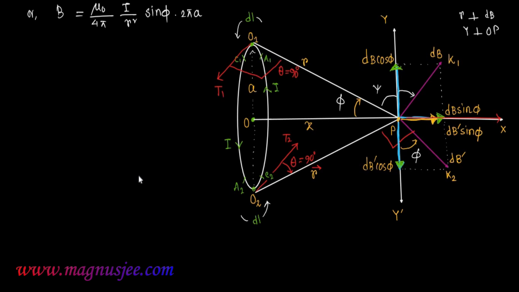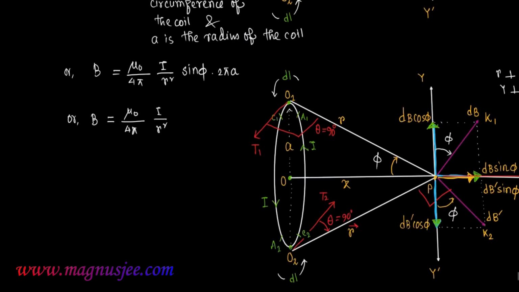As O1P is perpendicular to PK1, psi plus phi is equal to 90 degree. And also the axis OP is perpendicular to the y-axis, that's why psi plus phi prime equal 90 degree. As the sum of both pairs of angles is 90 degree, we can assume the two angles as phi,